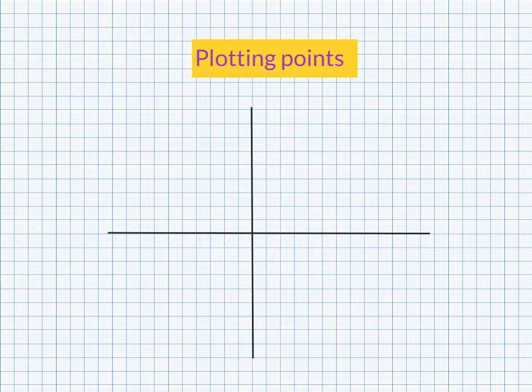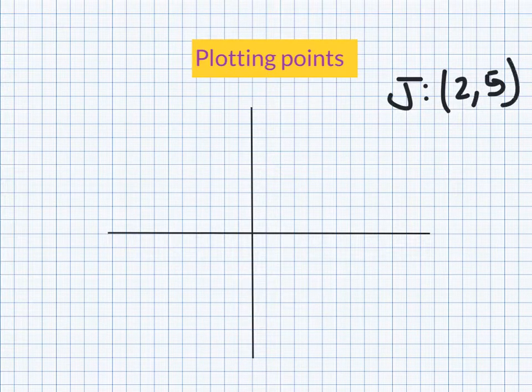First thing we're going to do is plotting points. Now this might be really easy for you. This might be really hard for you. It's all good. Let's just see where you're at and go from there. So the first point I'm going to plot is going to be point J. And I'm going to call that point 2,